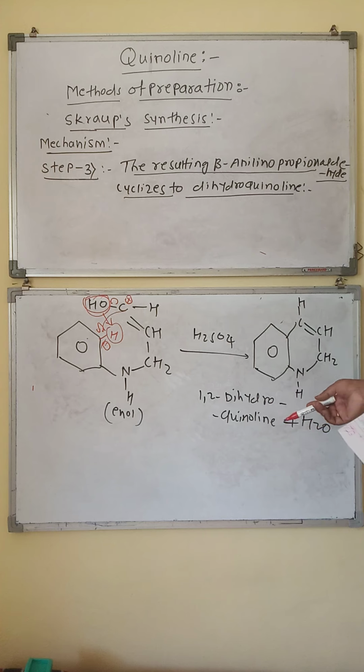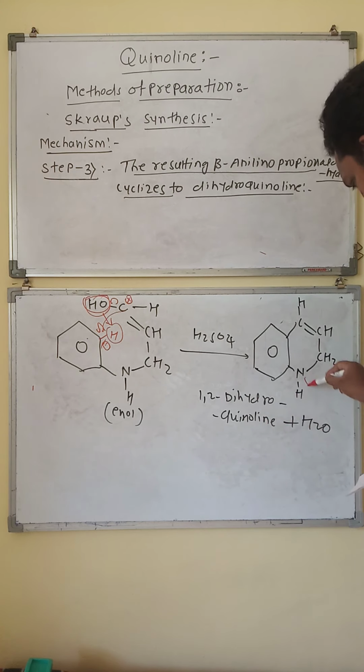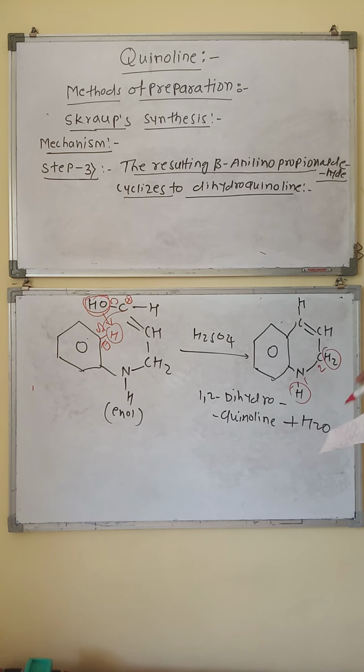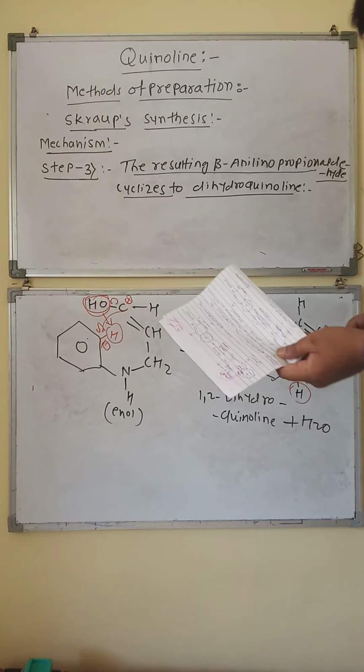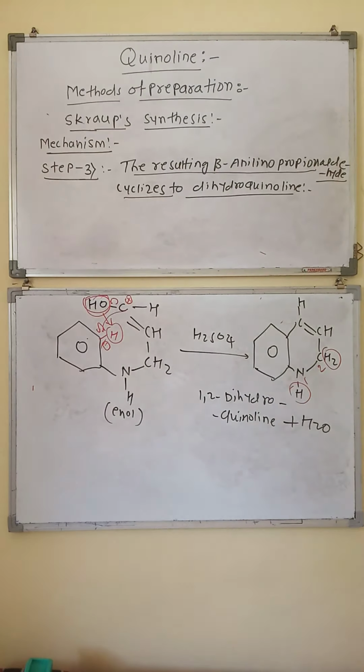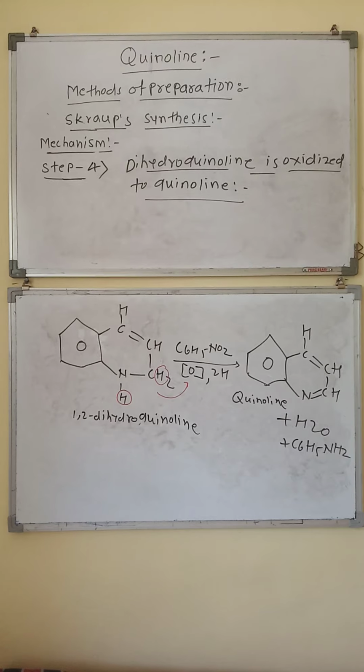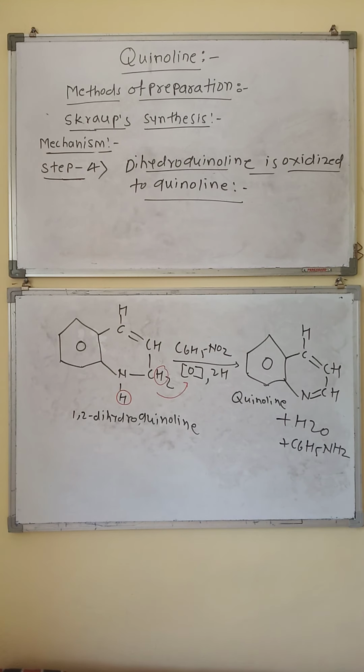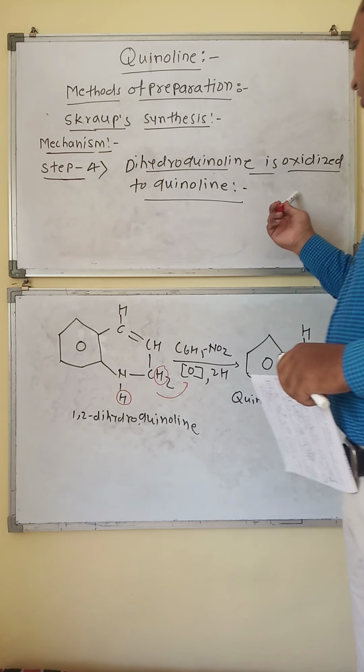Why is it called 1,2-dihydroquinoline? Because this is first number carbon, this is second number carbon. The first number carbon has a hydrogen, and the second number carbon also has an added hydrogen, so it is called 1,2-dihydro, di meaning 2, dihydroquinoline. This is about step number 3. Next is step number 4, where the dihydroquinoline gets oxidized in the presence of nitrobenzene. Let's see. Now the last step, fourth number, is that the dihydroquinoline is oxidized to